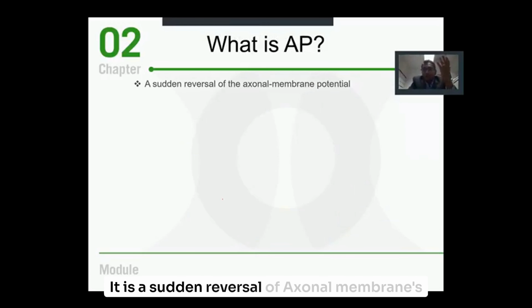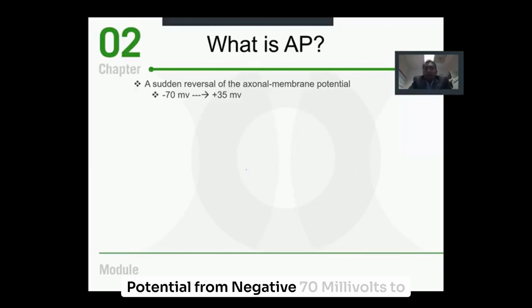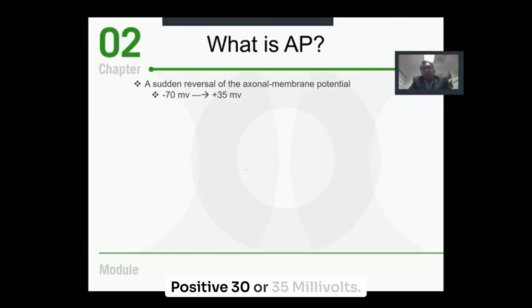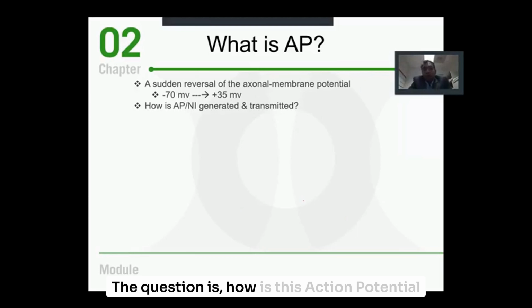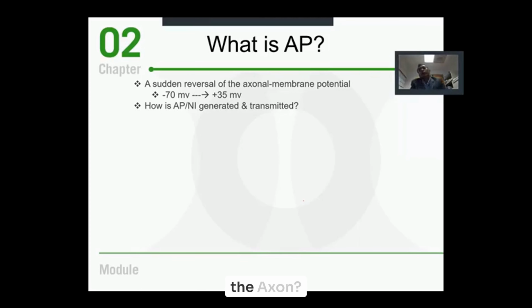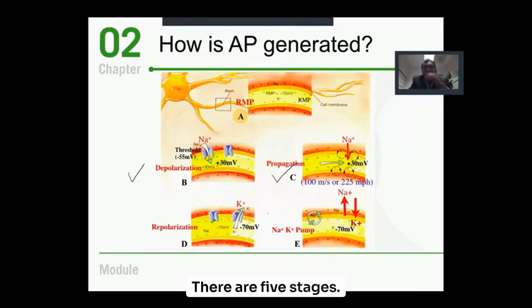It is a sudden reversal of the axonal membrane's potential from negative 70 millivolts to positive 30 or 35 millivolts. The question is, how is this action potential generated and how is it transmitted through the axon? There are 4 or 5 stages of